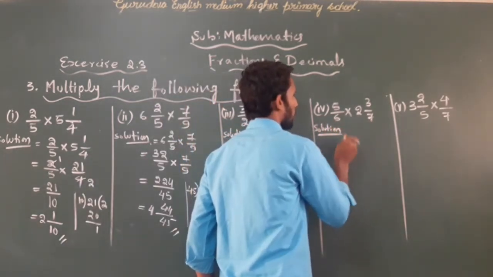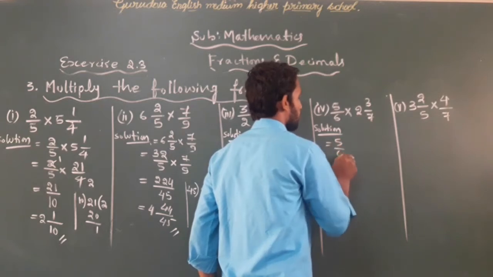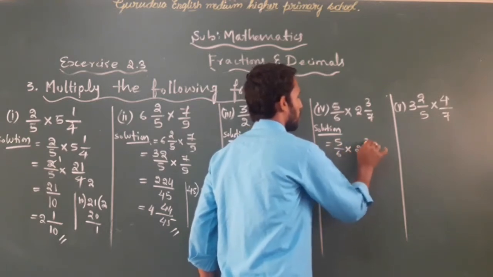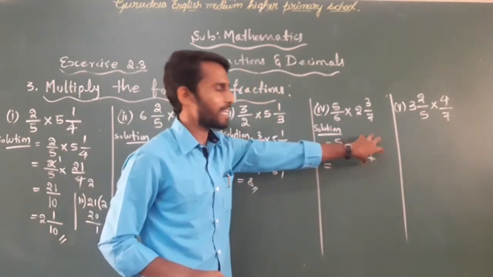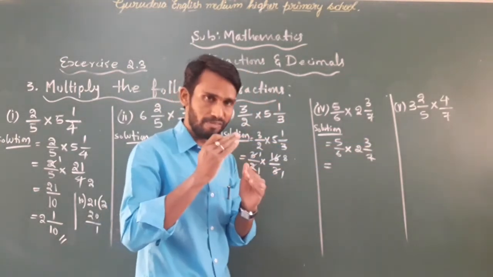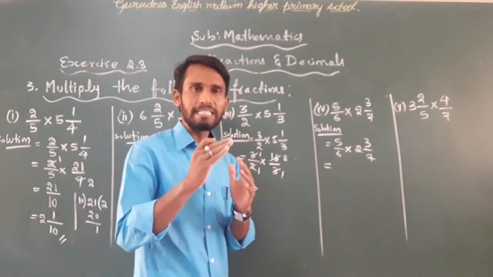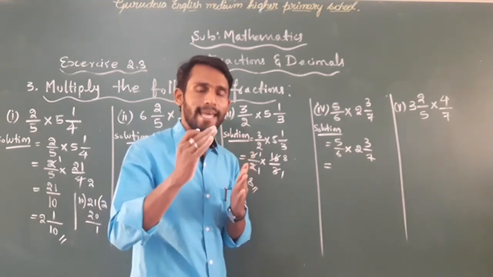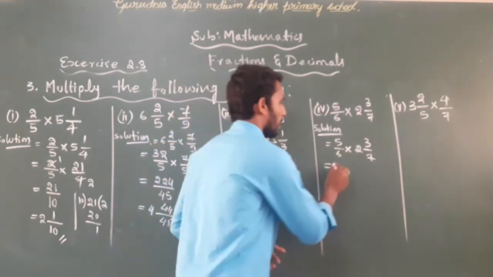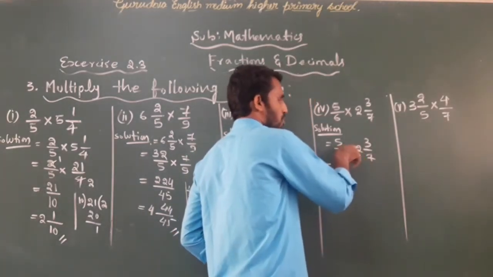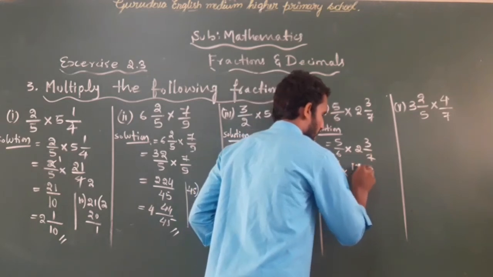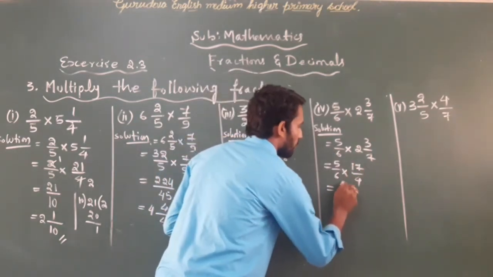Solution: 5 by 6 into 2 whole 3 by 7. Dear student, in this question also we have one mixed fraction. We have to convert it into an improper fraction. After that we multiply numerator to numerator and denominator to denominator. Now let us see. 5 by 6 into 7 2s are 14 plus 3, 17 by 7. 5 by 6 into 17 by 7, 85 by 6